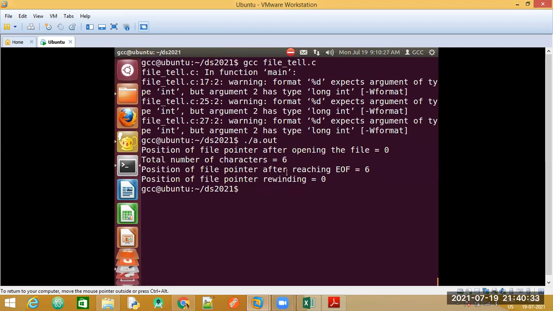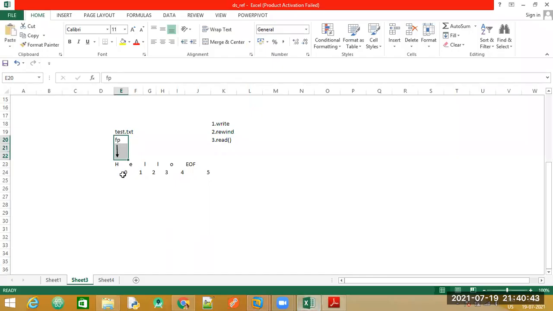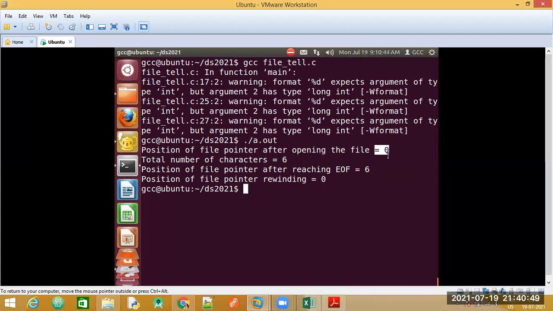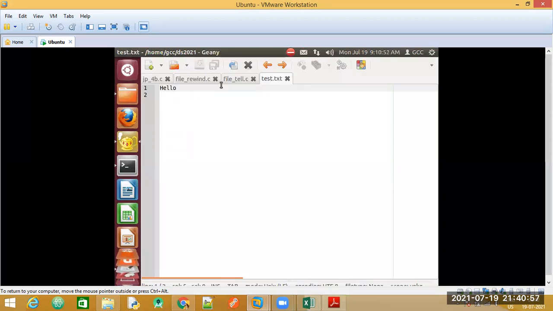So initially the file pointer will be pointing to the 0th index, at the first location. So the output that we have there is 0, that is after opening the file.